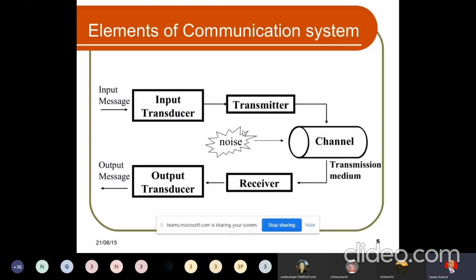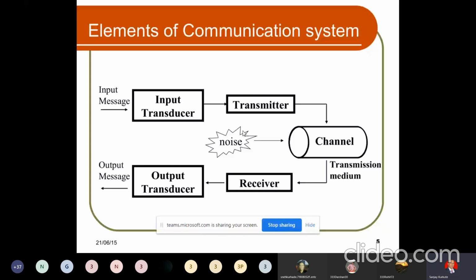This part I think we have covered in data acquisition system. That was the very first point which we discussed, that after the sensor and transducer, there is the transducer part. And what is the function of the transducer? It will convert one form of energy into another form. And then after that the transmitter will come in the picture, because our design of communication system depends upon the transmitter. Transmitter means again we have to transmit the information to the receiver side. So after the transducer, your transmitter will come.